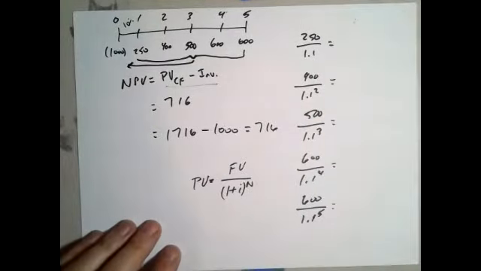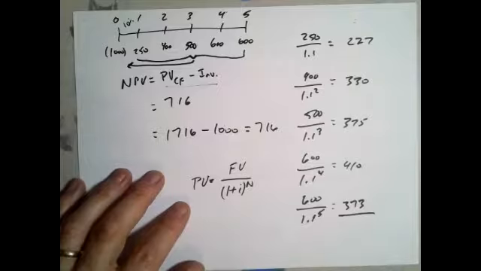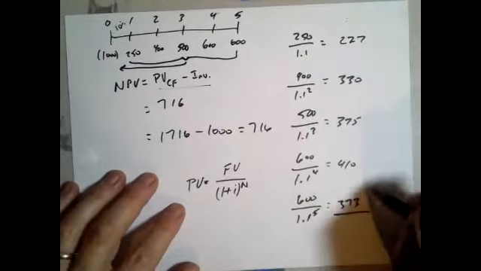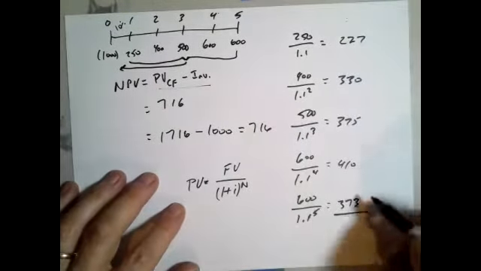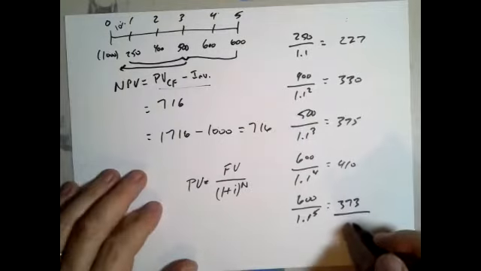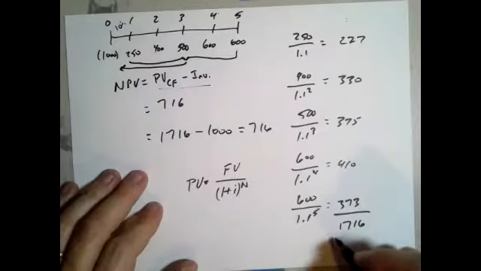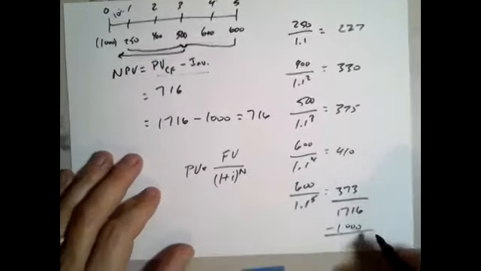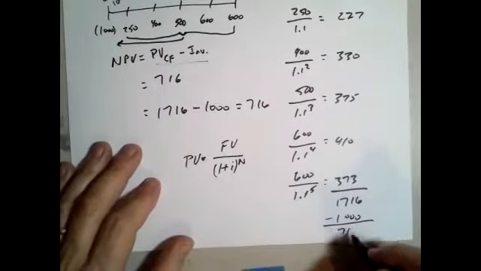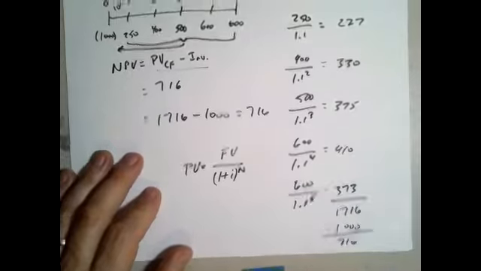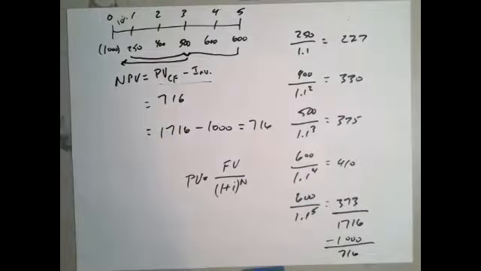Let me pause here and I'll fill that in. So if you run the calculations for each of these, this is what you'd come up with, and then it would add up to 1716, and then you would have to subtract 1,000, and you would get 716. So that's part A. All right, part B asks you to explain in your own words